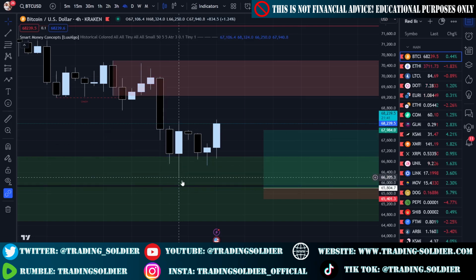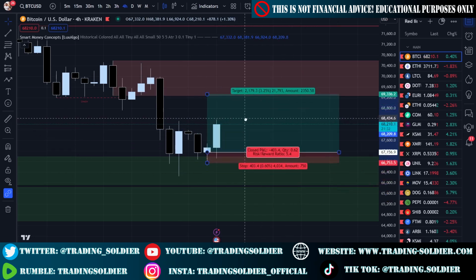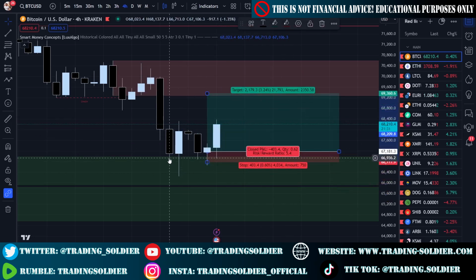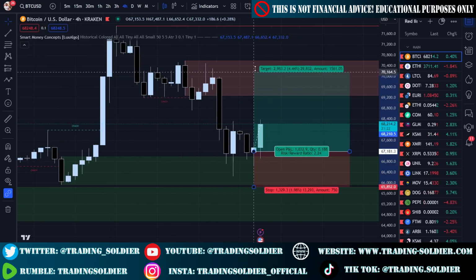Then the price wicked down to liquidate all the longs, and then we got a retest and now we are bouncing. So I will try to open my long here instead of opening right at the first test of the price in the bullish order block. So now my position will be this one,